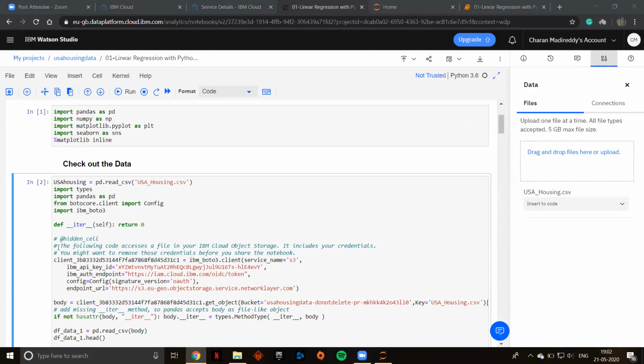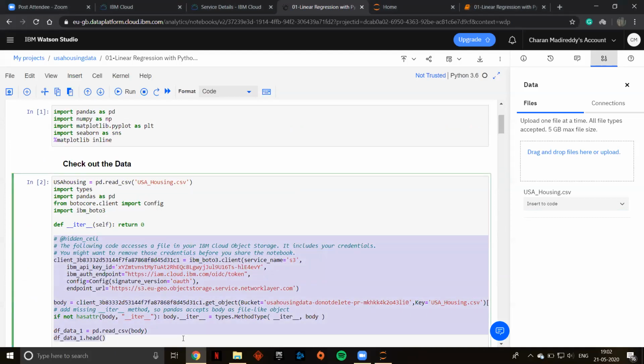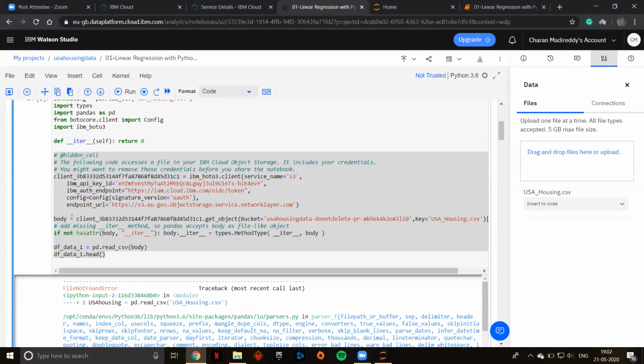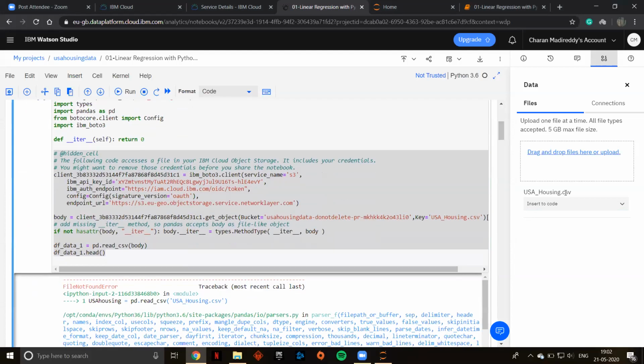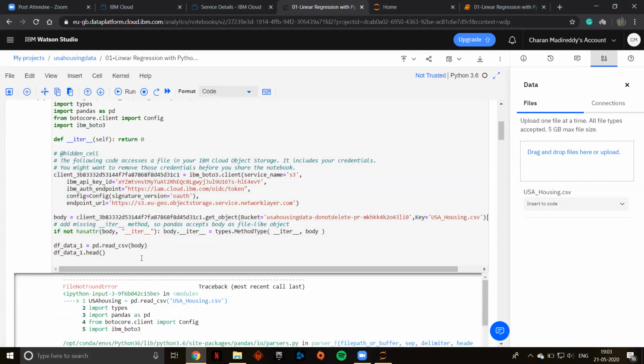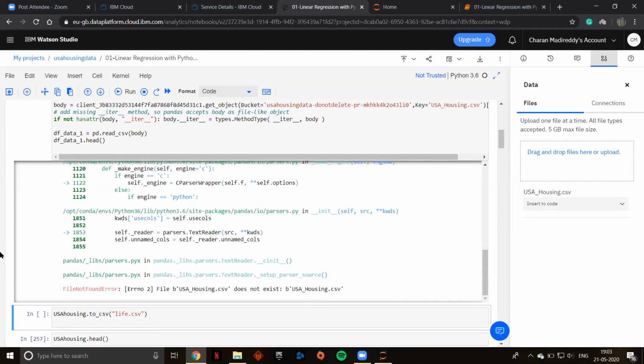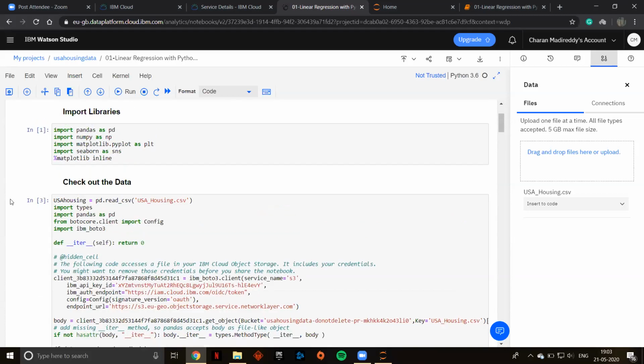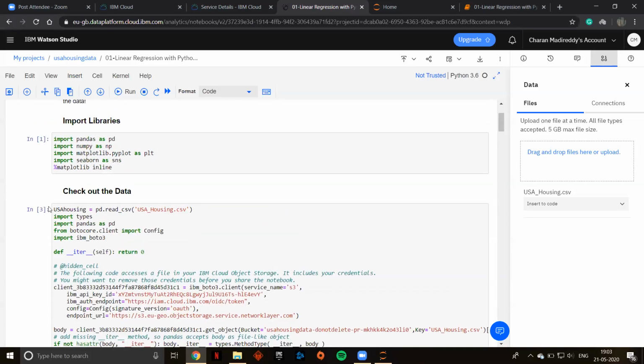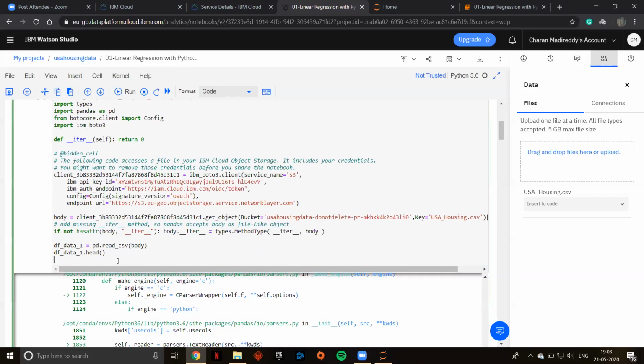So yeah, this was the code that was added. Got it, right? If you select insert to code and then pandas data frame, this code will be automatically added. So let me run this cell. Let me run it again.